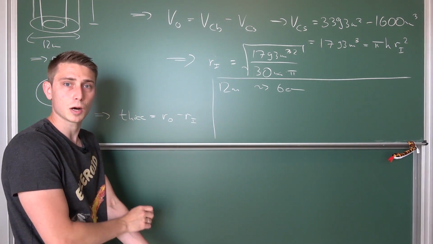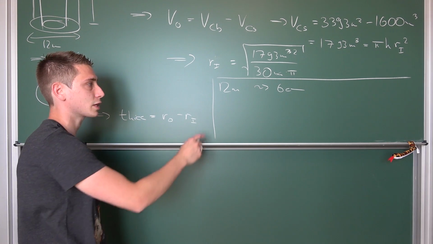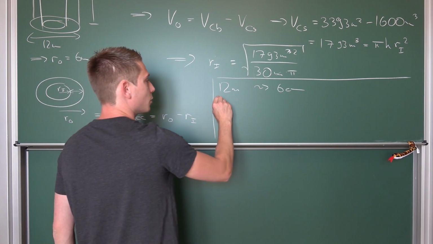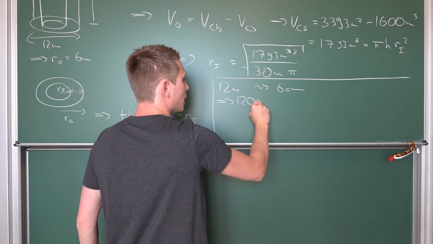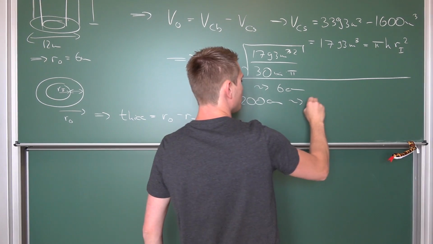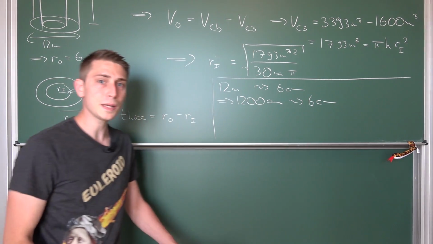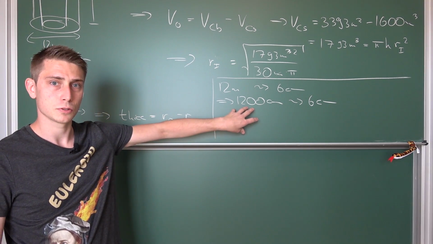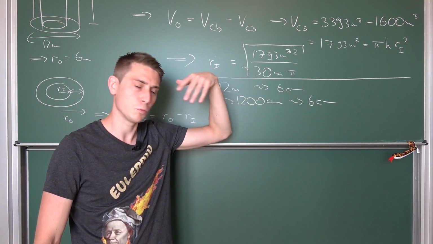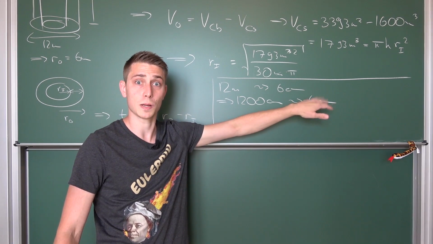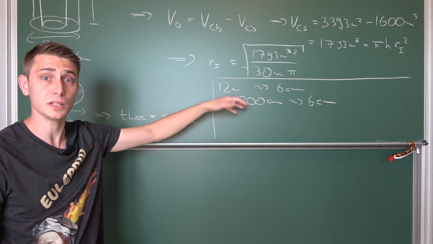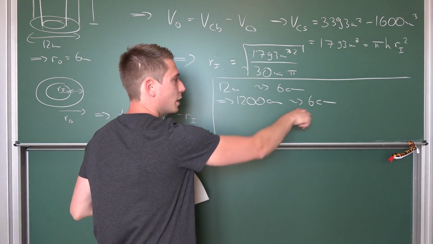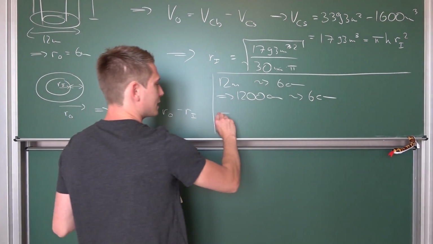12 meters are exactly 1,200 centimeters. 100 centimeters are 1 meter, and this times 12 is going to give us 1,200 centimeters, which are going to be turned into 6 centimeters. Meaning overall, what factor do you need to scale this up to 1? With which factor do you need to multiply 6 centimeters to get to 1,200? Well, obviously 200, all right? So you can just divide this 1,200 by 6, and then you are going to get that the scale is